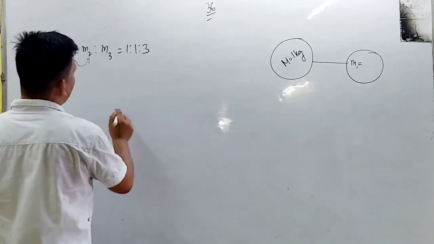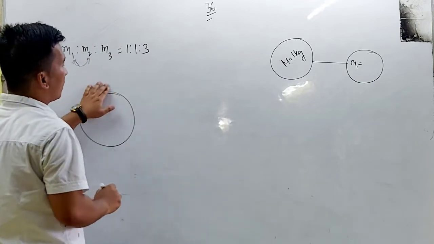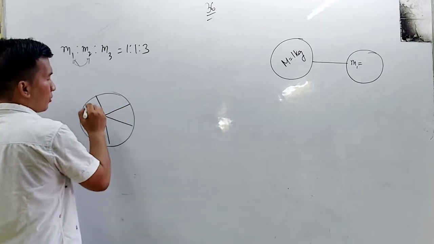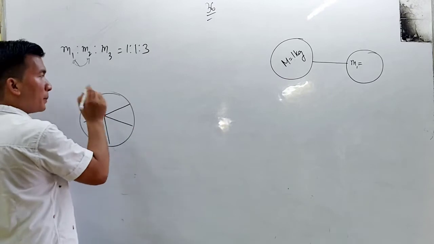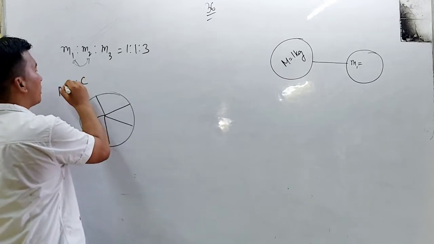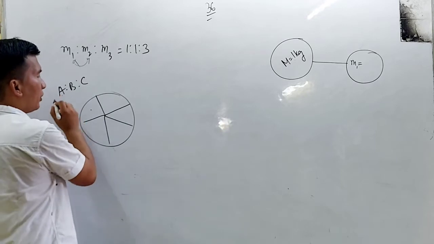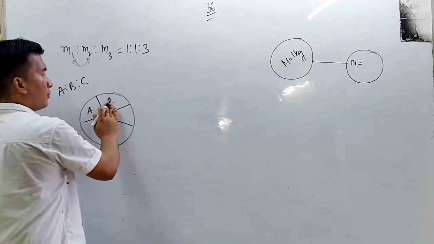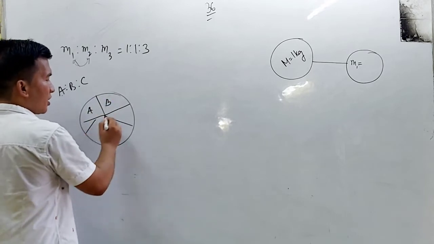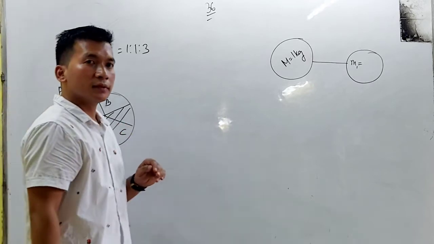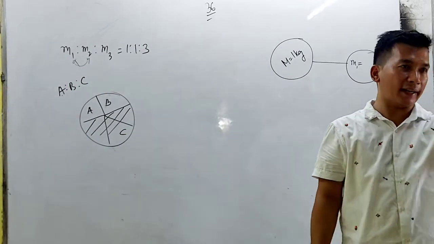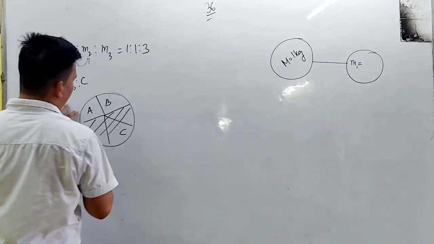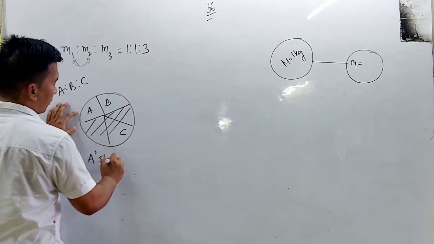Take a cake. This cake is divided into 5 equal pieces: 1, 2, 3, 4, 5. We have 3 parts, A, B and C. A will get only one piece, B will get only one piece, C will get 3 pieces. That is the meaning. First look at C. What will be the share of A? A share will be equal to